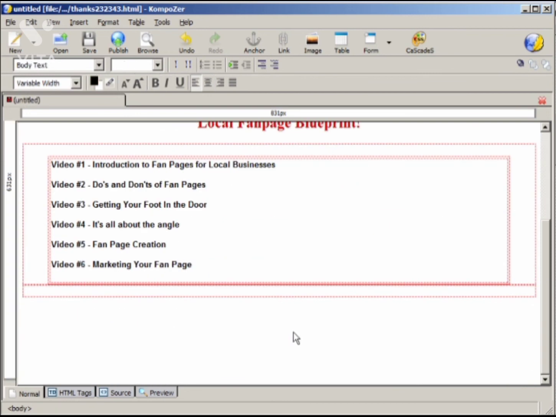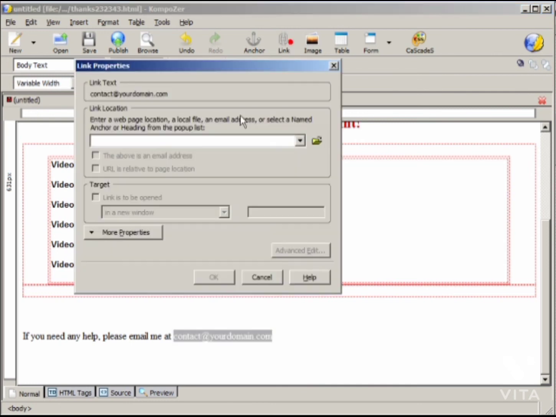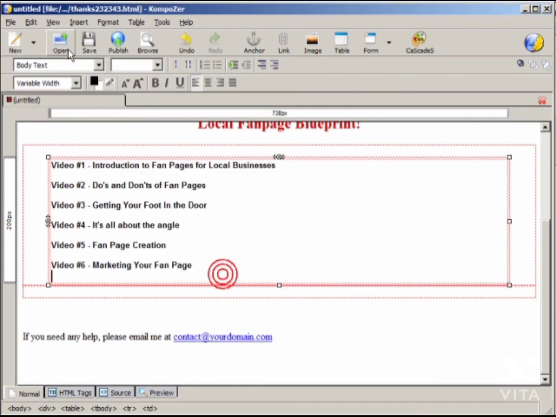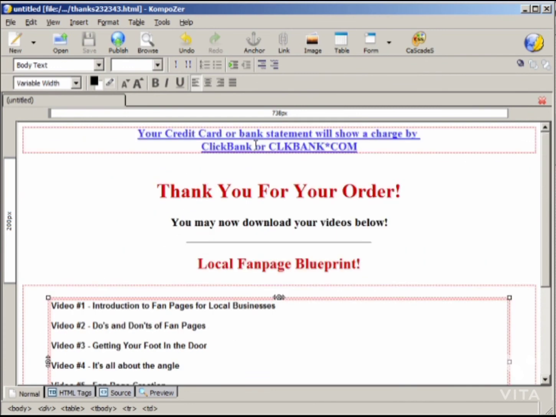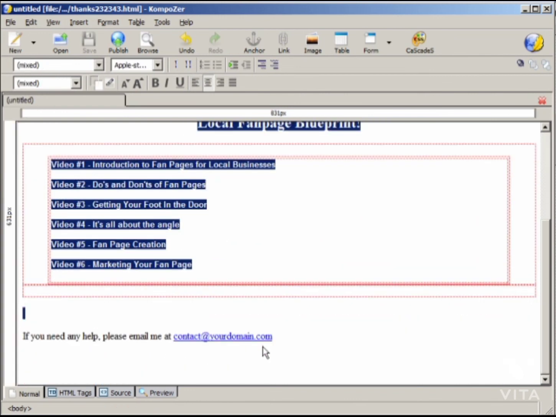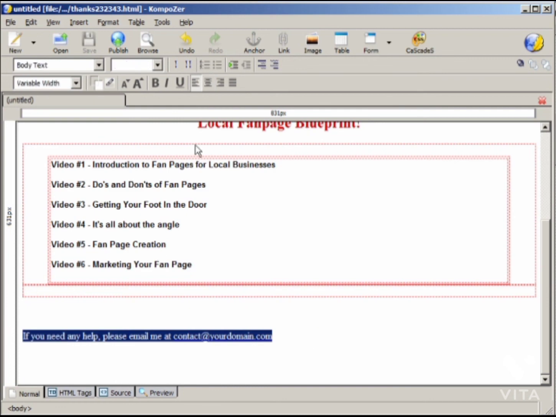Usually I put the contact information at the bottom. If you need any help, please email me at contact@yourdomain.com, whatever that might be. And then I'll hyperlink that. I'll click the above as an email address and click on OK, and I'm good to go there. So I fulfilled the 3 things. I have this up here, I have the download information here, and I have the contact information at the bottom,